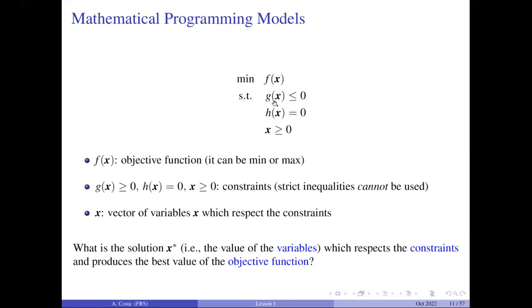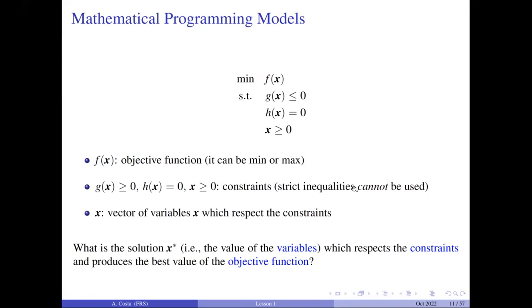So the constraints I call g and h because they can be inequalities, they can be equalities, okay? And then usually you have a constraint on the variables. Here variables are x, and they can be greater than or equal to 0, less than or equal to 0. They can also have other signs, so usually you have also a constraint on the variables. If you don't see anything by default, they are assumed to be non-negative, but they can have also other requirements.